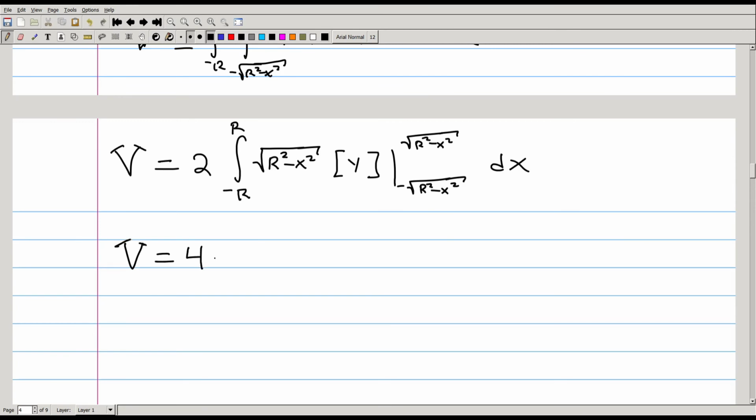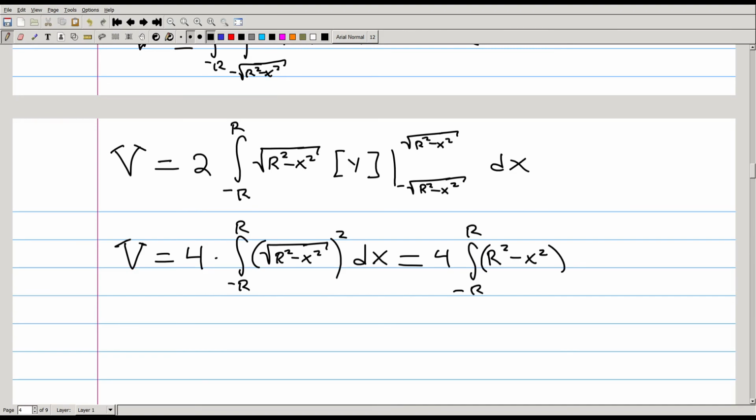So our final answer is going to be 4 times the integral from negative r to r of the square root of r squared minus x squared multiplied by the square root of r squared minus x squared, or this squared, which is just 4 times the integral from negative r to r of r squared minus x squared,